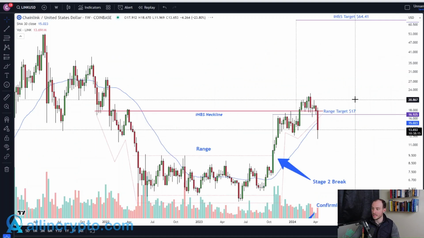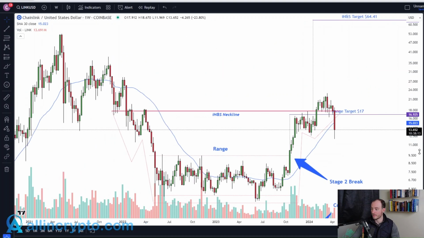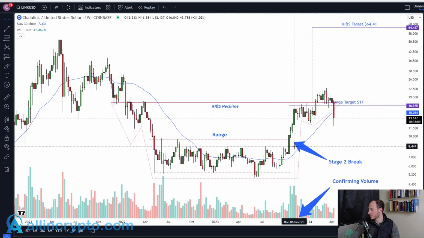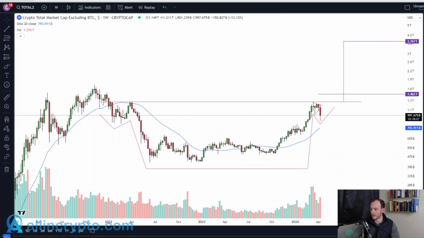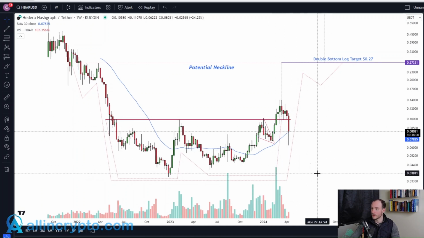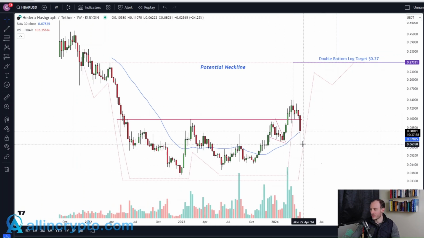But still, even regardless of this pullback, from a macro perspective, from a weekly time frame, I'm not too worried particularly about this chart. Certainly when you give the context of where we think the total 2 is at and still heading. If we look at Hedera, KuCoin is a chart that we really shouldn't be using because the only wick that actually ran this low was on KuCoin. We'll show you that in just a second.